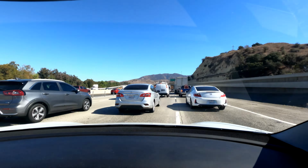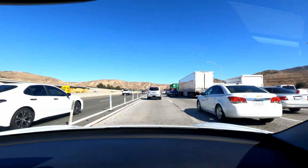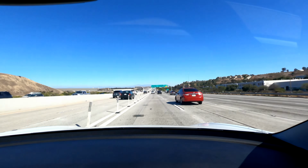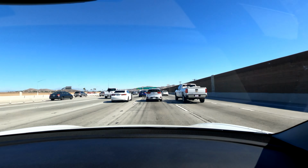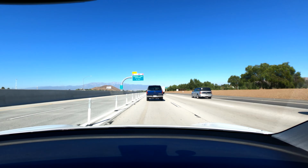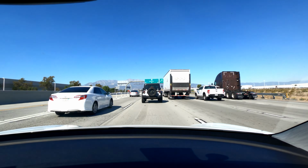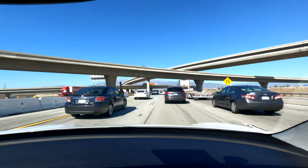I decided to test out the consumption on a drive to Las Vegas. So this is a time lapse of the drive to Las Vegas. It was pretty warm out, but not overly. Like here it started, it was about 92 degrees, I believe. And then throughout the rest of the day, it cooled off a little bit to about 80 when I got to Las Vegas. So I started out in Anaheim at the Anaheim Supercharger,